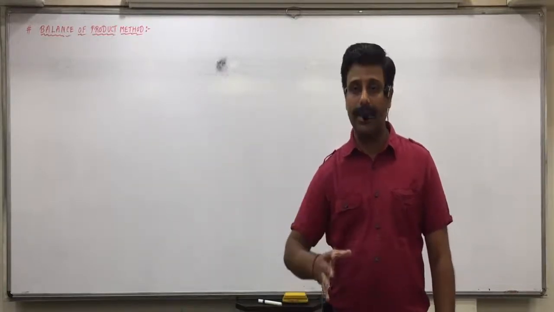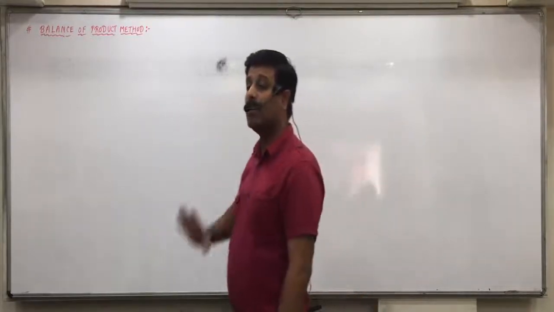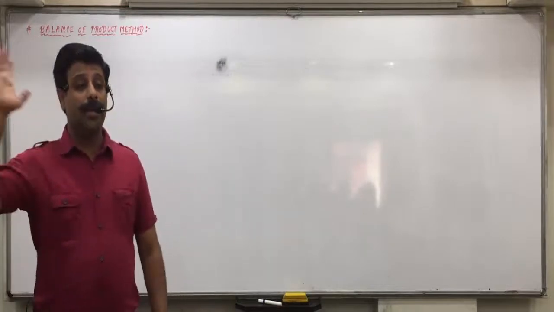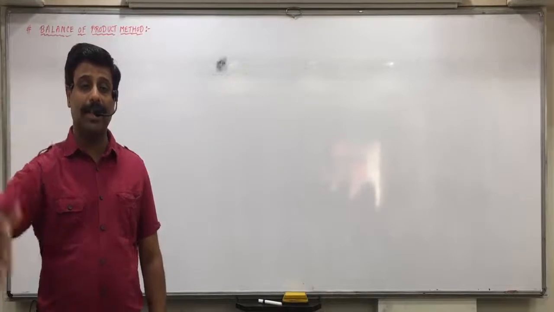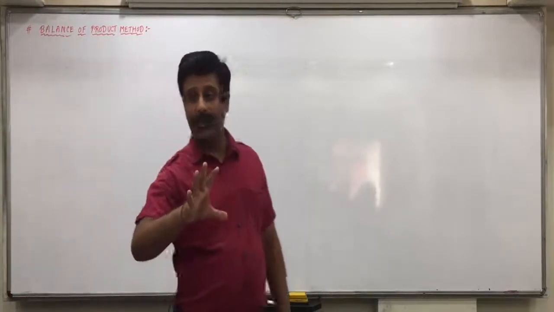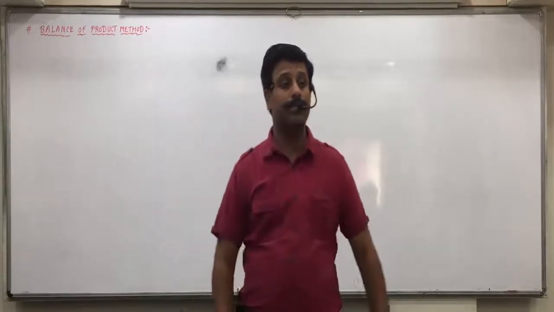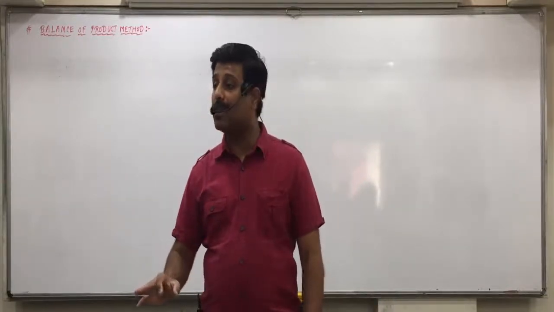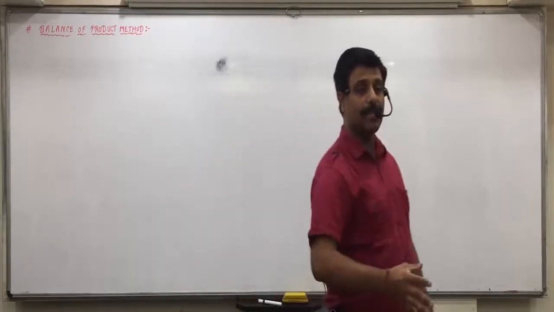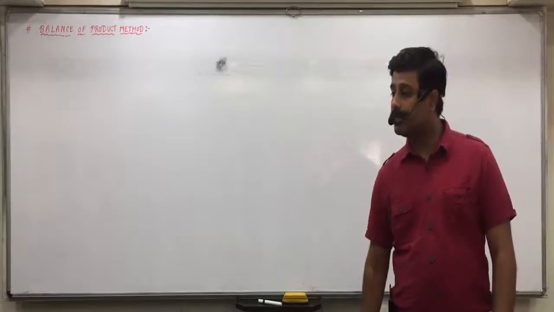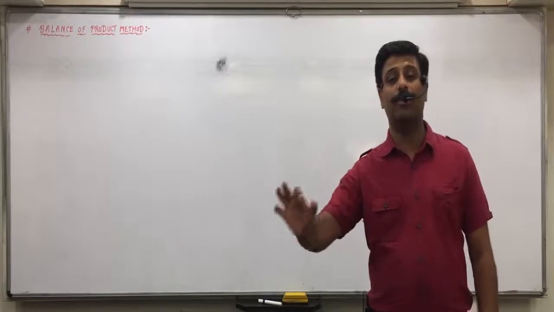So in exams, if nothing is mentioned, it is advisable that you do it by which method? Balance of product method. Because in the individual transaction method, every time you have to count interest, and here we have to count it only one time at the end. First, at the end, we will do the balance of the product column, and then directly count interest on the balance of product amount.